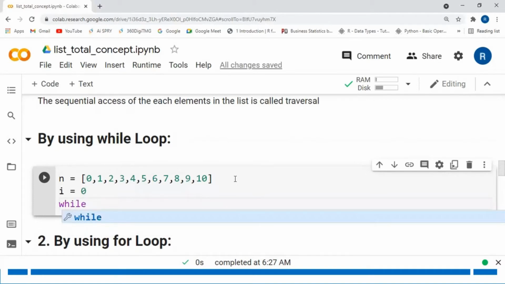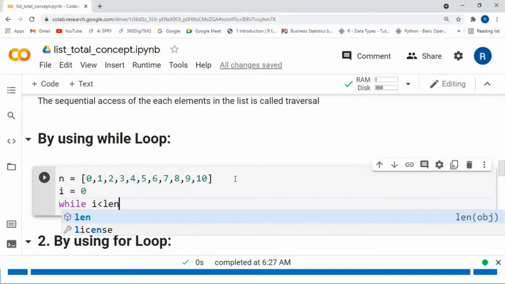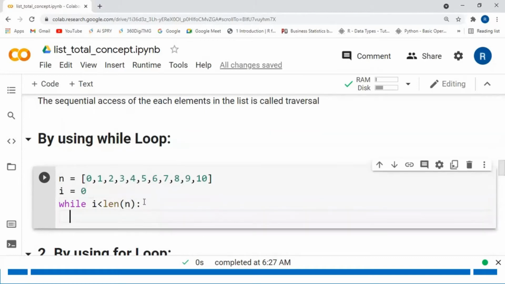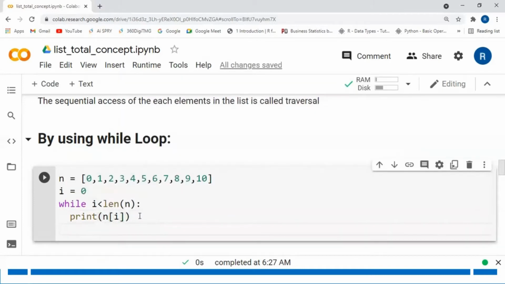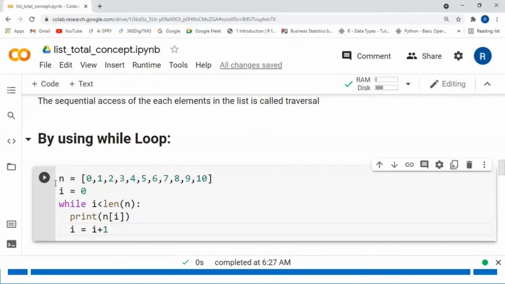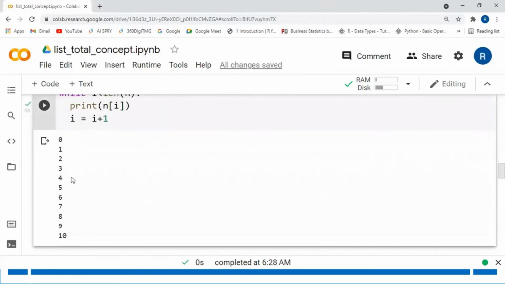While i less than length of the list, print n of i. I want each element from the list. I want to increment the i value. Now we'll see the output. Yeah, we are able to access all elements from the list.